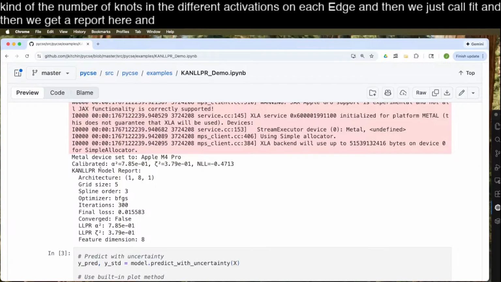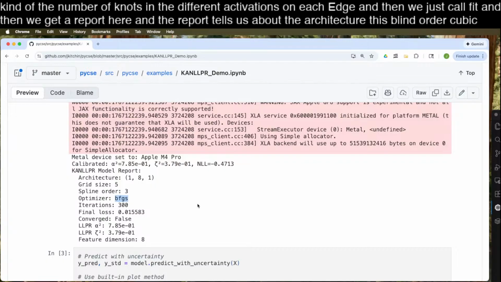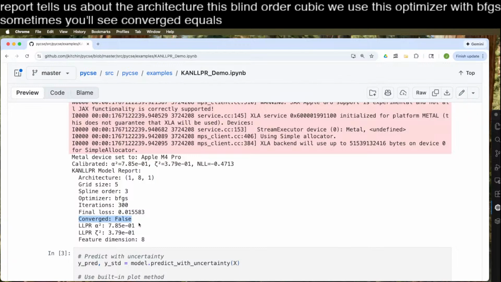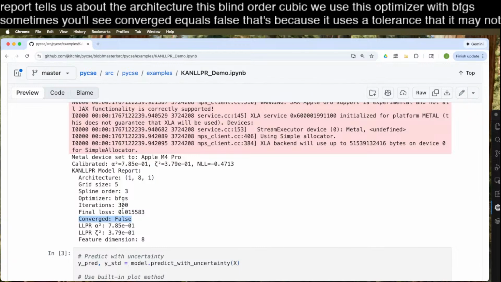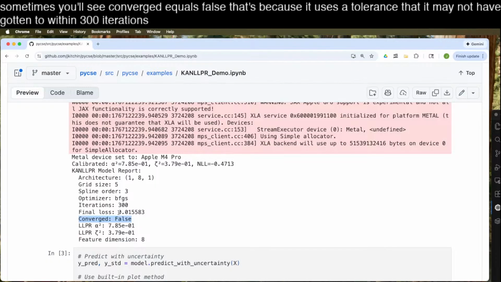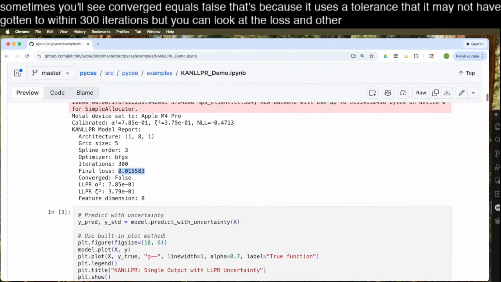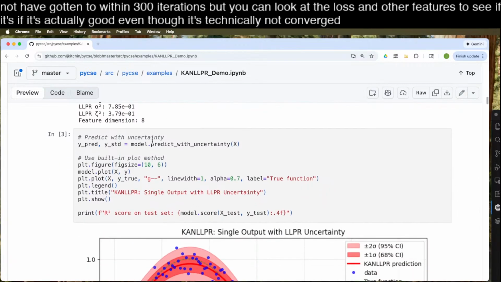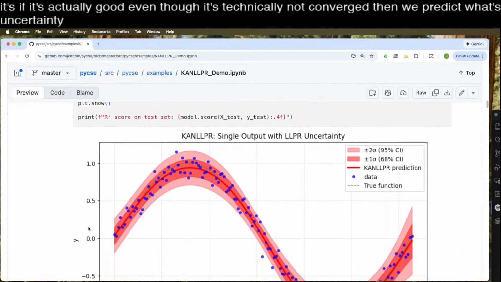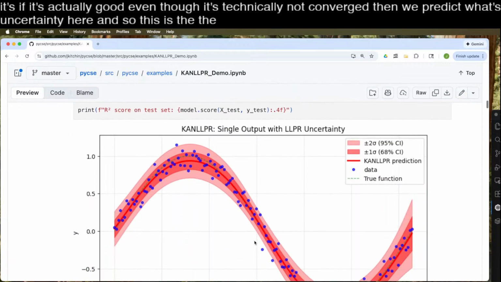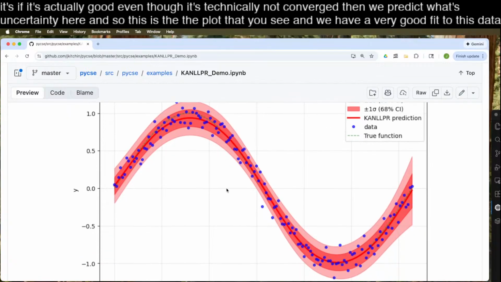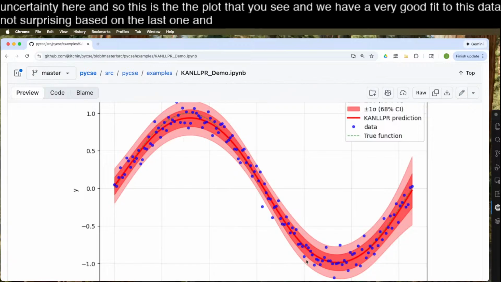And the report tells us about the architecture, this spline order, cubic. We use this optimizer. With BFGS, sometimes you'll see converged equals false. That's because it uses a tolerance that it may not have gotten to within 300 iterations. But you can look at the loss and other features to see if it's actually good, even though it's technically not converged. Then we predict with uncertainty here, and this is the plot that you see, and we have a very good fit to this data, not surprising based on the last one,